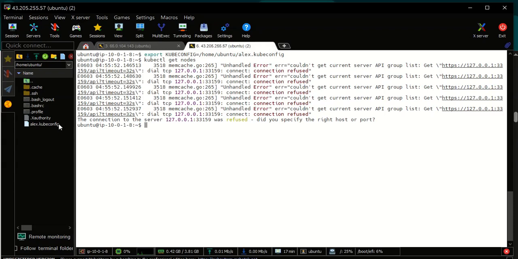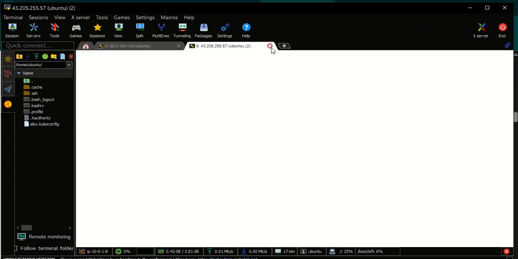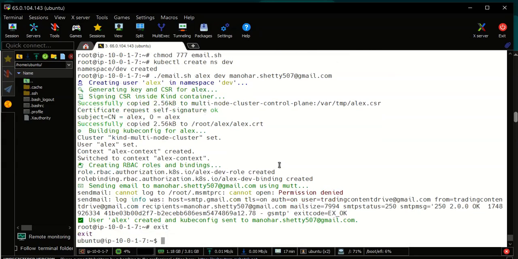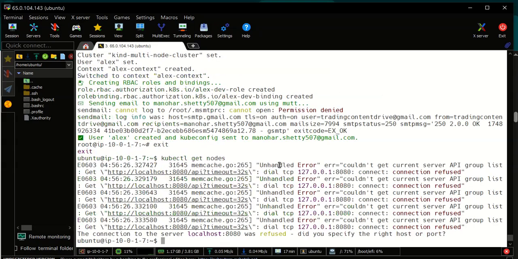Why is it saying this? Okay, this is a kind cluster, right? So it will be accessible only on this server, because that's running in a Docker container. So let's try to see if it is able to access anything from here. No, right? So let's